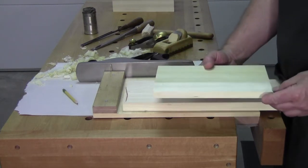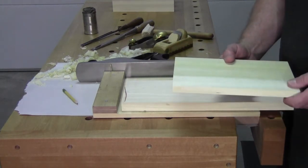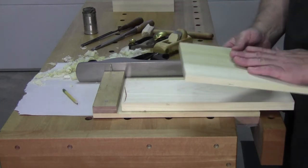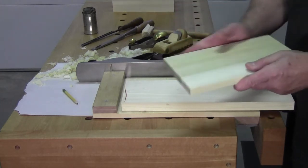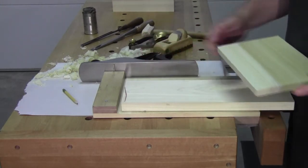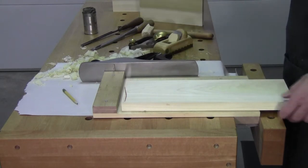So last time when we were together, we were talking about these little sandwich boards. I've got 4 of them as a set, and I finished planing the edges, squaring up the ends on the shooting board. And just to recap,